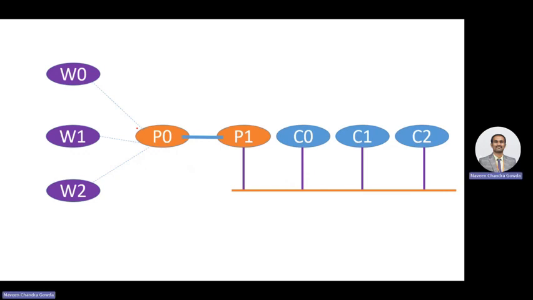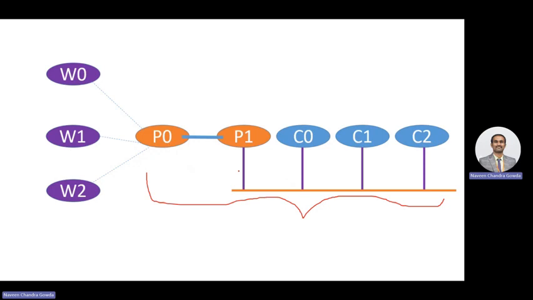Before we begin this lecture, the experiment related to creating two nodes as point-to-point and a couple of nodes as CSMA nodes, connected in the form of a bus topology, and simulating it,